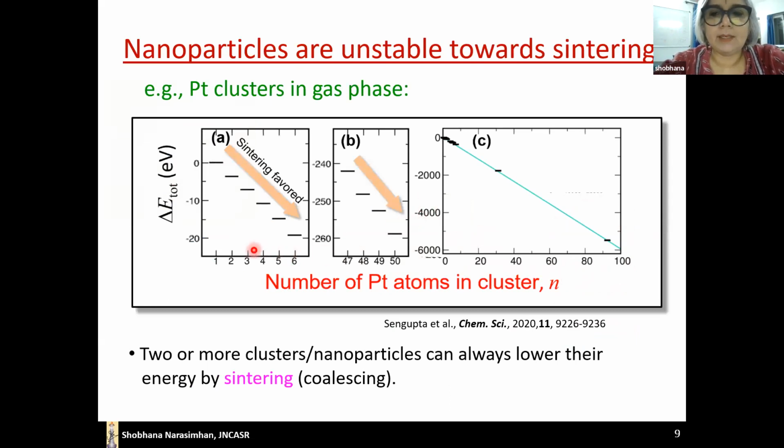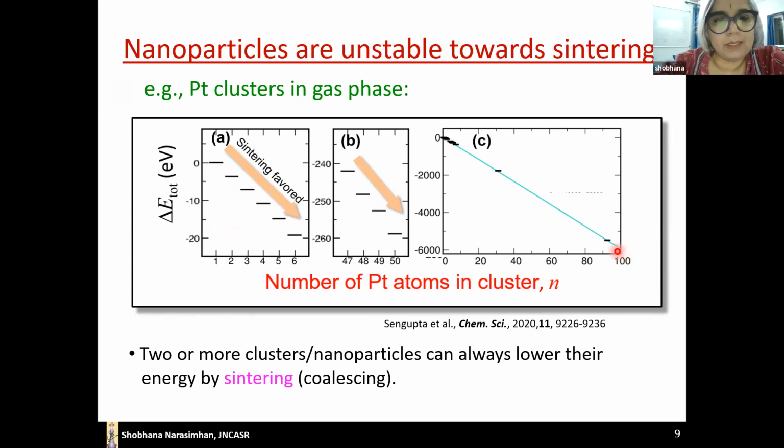So here I have taken an example where I have taken platinum atoms in the gas phase. So I've taken the total energy of 100 platinum atoms in the gas phase. And I have seen what happens as you coalesce them one atom at a time. So this is 100 atoms in the gas phase. This is 99 atoms in the gas phase, 98 atoms in the gas phase, and 2 of them joined together. This is 97 atoms in the gas phase, 3 joined together, etc., etc., etc., until you ultimately go to 100